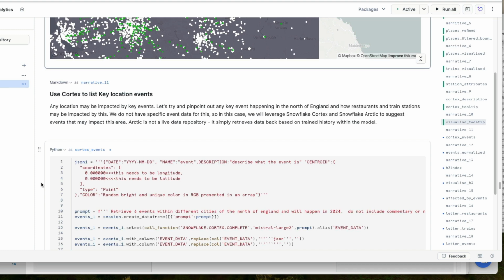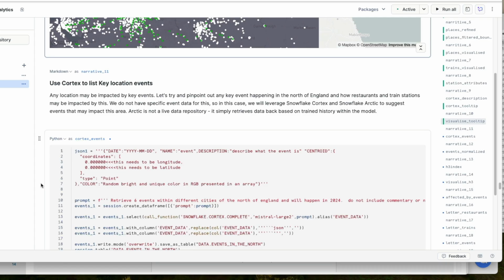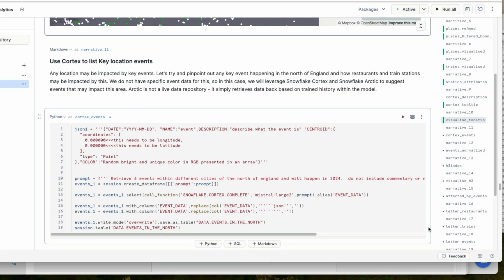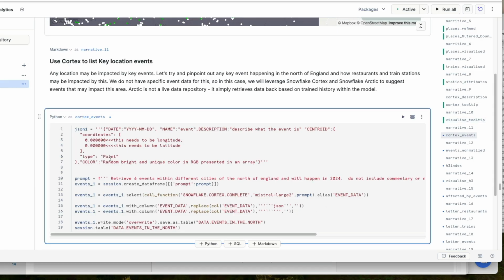Now we're going to take it one step further and we're going to use Cortex to list out any key location events. So we're going to try to work out if there's any key event happening within our boundary box, within the north of England, and how the restaurants and train stations may be impacted around this. So we don't have any specific event data. We're actually going to use Snowflake Cortex and Snowflake's native Arctic LLM model to suggest what events may impact this area. Now, it's not a live data repository, so it's not going to have up-to-date information in here, but it